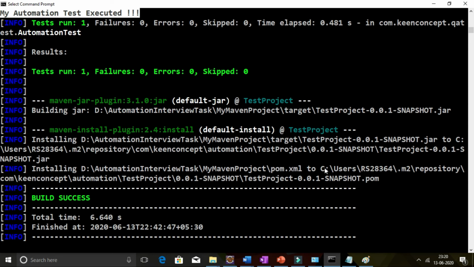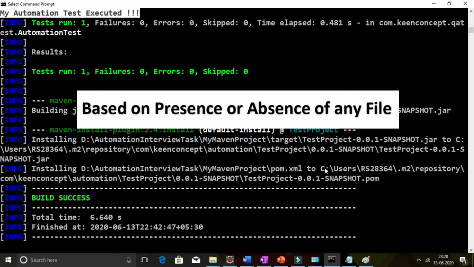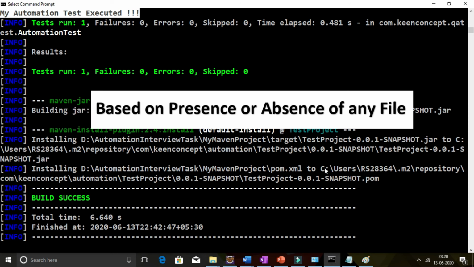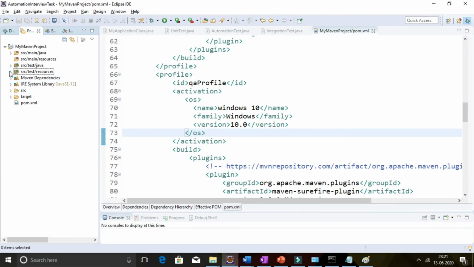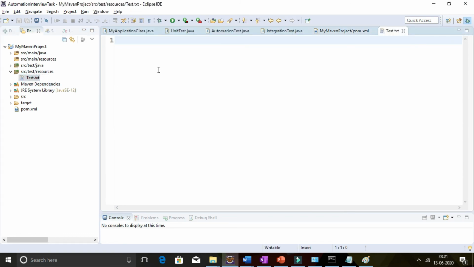So now next way is to activate profiles based upon presence or absence of any file. So let's move to the Eclipse and under src test resources I have created an empty text file. You can see there is nothing inside this, but we will use this file to activate our Maven profiles.